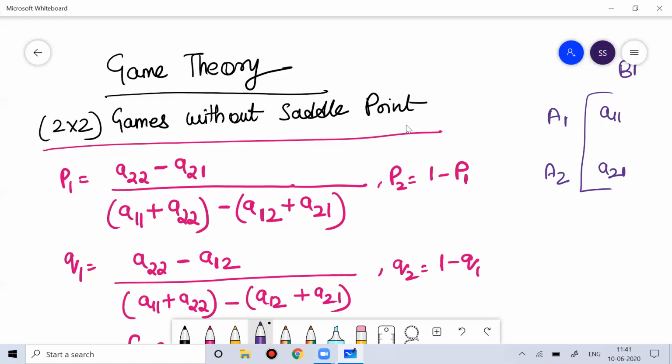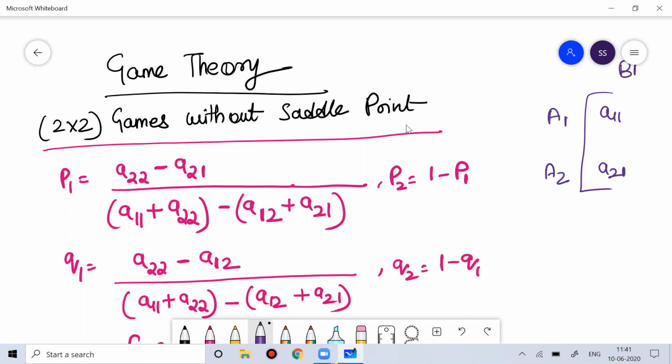Whenever we solve the problem, if we find the row minima and the column maxima, and the maximal value of the row minima is equal to the minimal value of the column maxima, then that kind of strategy is called pure strategy, and there we get the saddle point. If there's no possibility of a saddle point, then that kind of strategy is called mixed strategy. And yesterday I explained how to solve that problem by using probability.